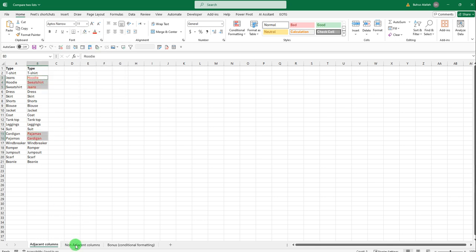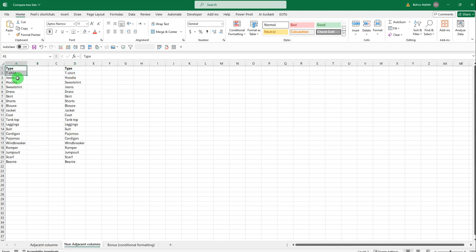Now, for non-adjacent columns, like so, select first the range of cells you want to spot the differences in, then select the second range of cells.